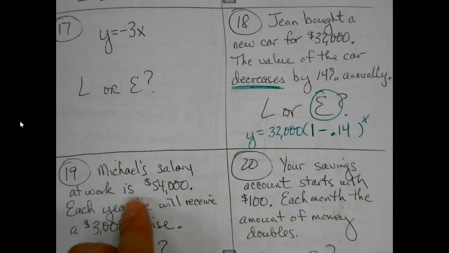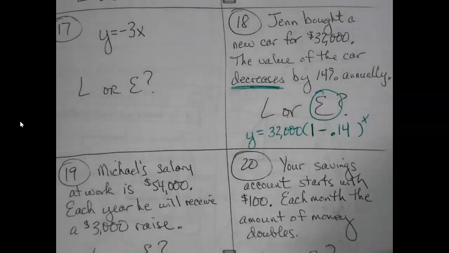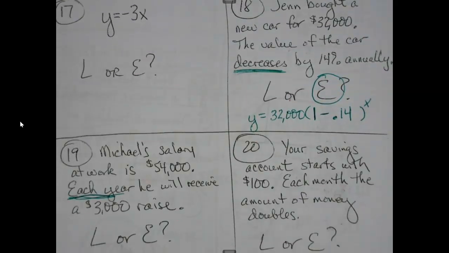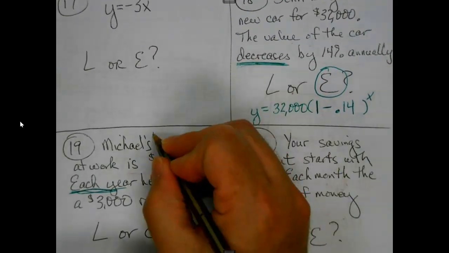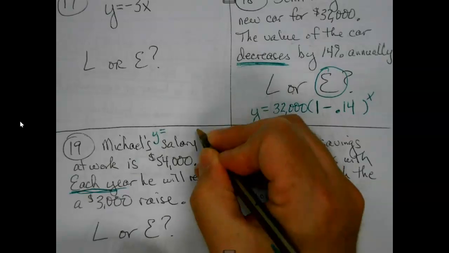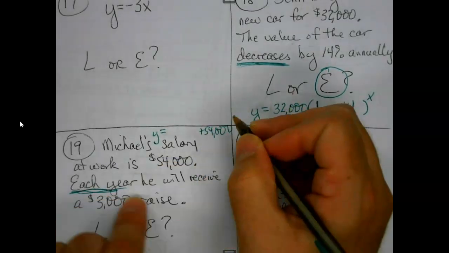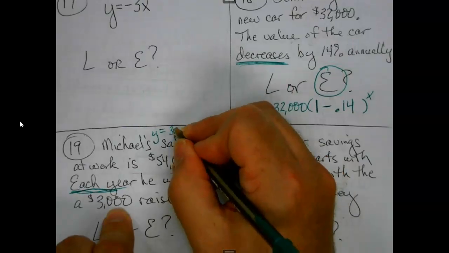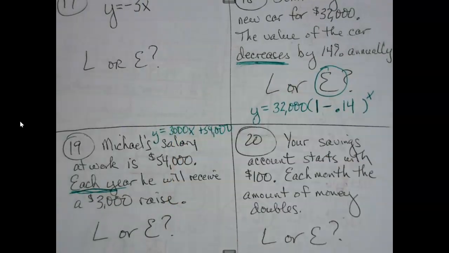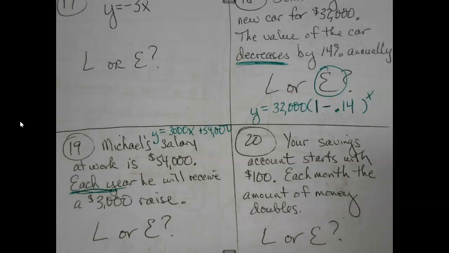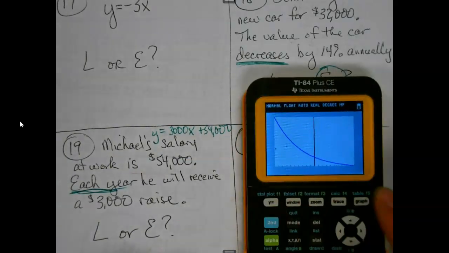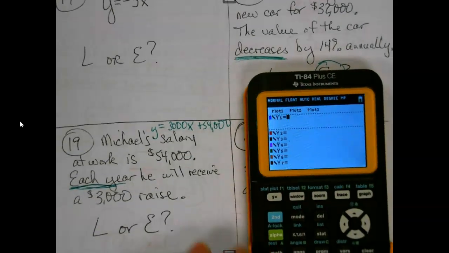Michael's salary at work is $54,000. Each year he'll receive a $3,000 raise. So there's that each word again. So if I wanted to make an equation, I'd be like, okay, he gets the 54, but each year he gets 3,000 more. So if I draw it just like that, I probably know that it's linear already. But if I wanted to be sure,